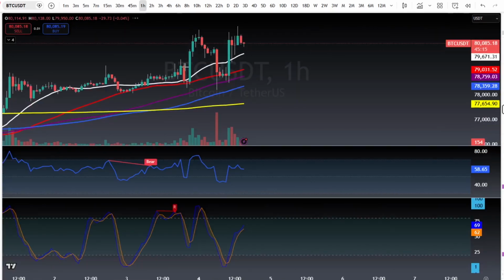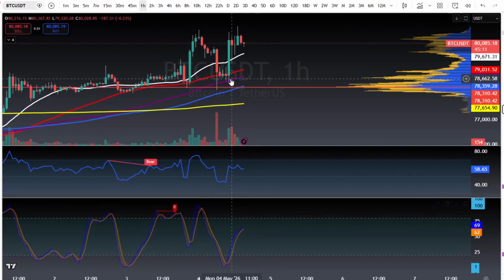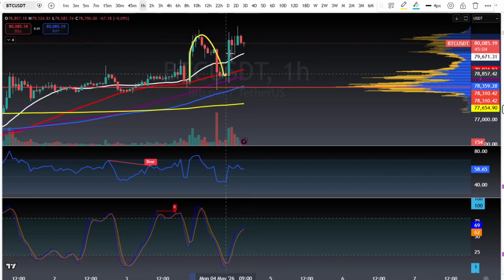We head over to the 1-hour time frame. Stochastics are on the way up. This could roll over. Let's see what ends up happening. Right now we're starting to flag out. Now we have to be careful that this doesn't turn into some type of a double top M pattern, because